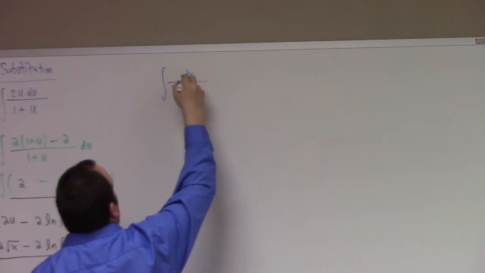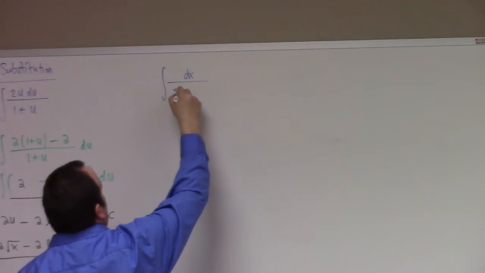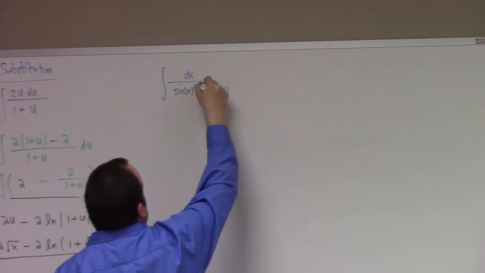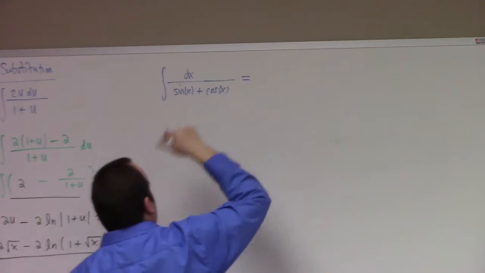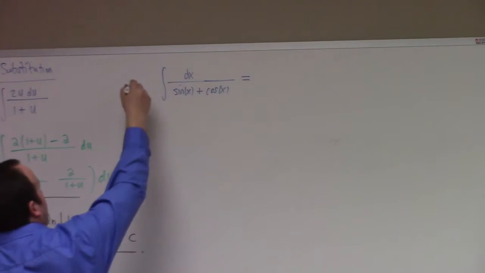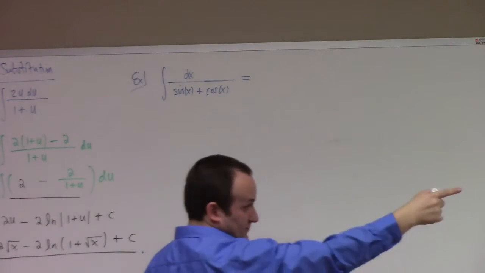You know what? I'm going to live life less traveled. I'm not going to do the book example. Let's try out sine x plus cosine x. Now this one you could do without a Weierstrass substitution, but I'm just going to do it this way, just for fun. So if we use the Weierstrass substitution, what we do is, like I wrote over there,